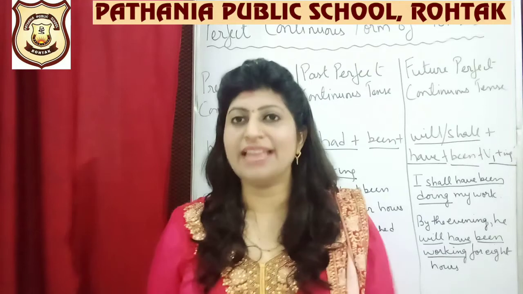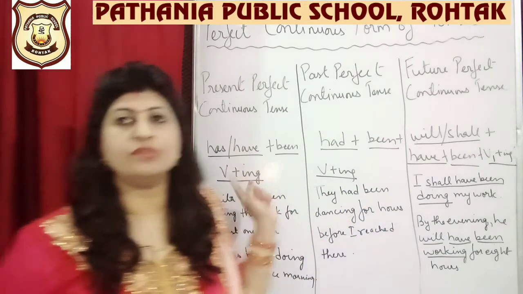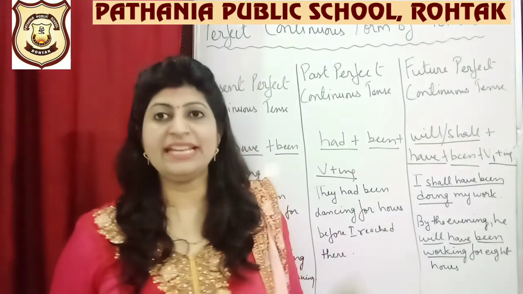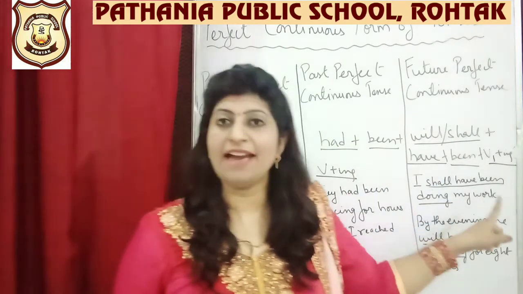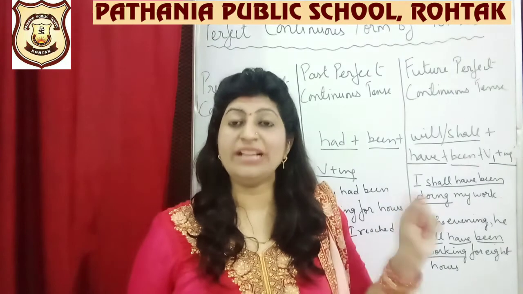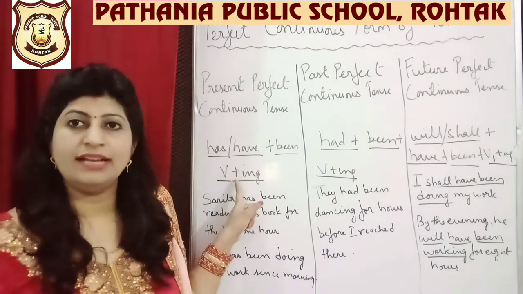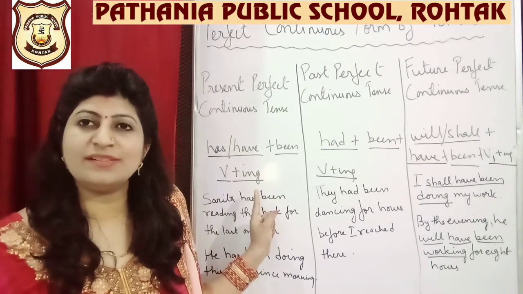And another thing that will let you know is the usage of the word been, which is used in all the three. So when you see had and been and V plus ing, it is past. When you see have and you see will, shall out there, because even been is used out here, have is used in present also, V plus ing is also used in present.